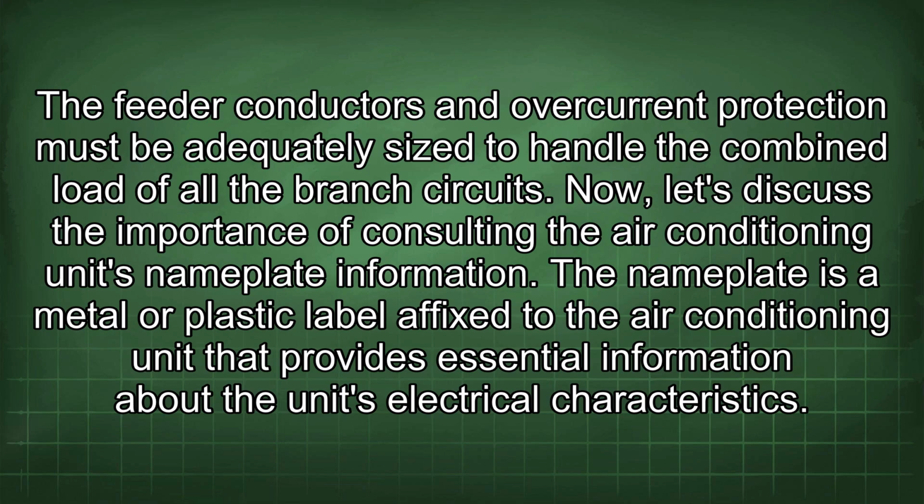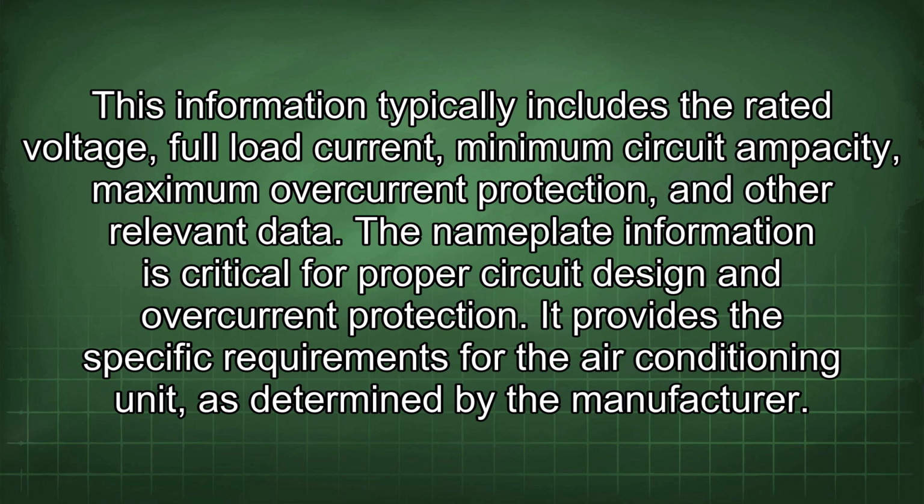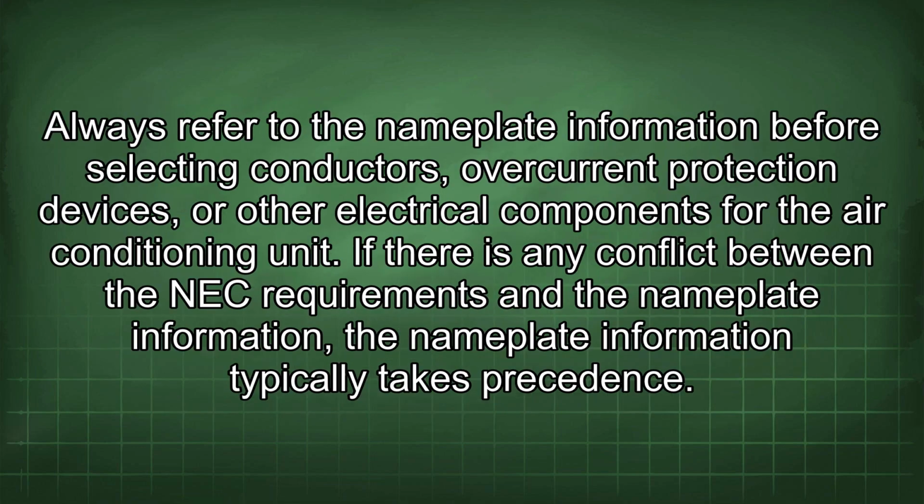The nameplate is a metal or plastic label affixed to the air conditioning unit that provides essential information about the unit's electrical characteristics. This information typically includes the rated voltage, full load current, minimum circuit ampacity, maximum overcurrent protection, and other relevant data. The nameplate information is critical for proper circuit design and overcurrent protection. It provides the specific requirements for the air conditioning unit, as determined by the manufacturer. Always refer to the nameplate information before selecting conductors, overcurrent protection devices, or other electrical components for the air conditioning unit. If there is any conflict between the NEC requirements and the nameplate